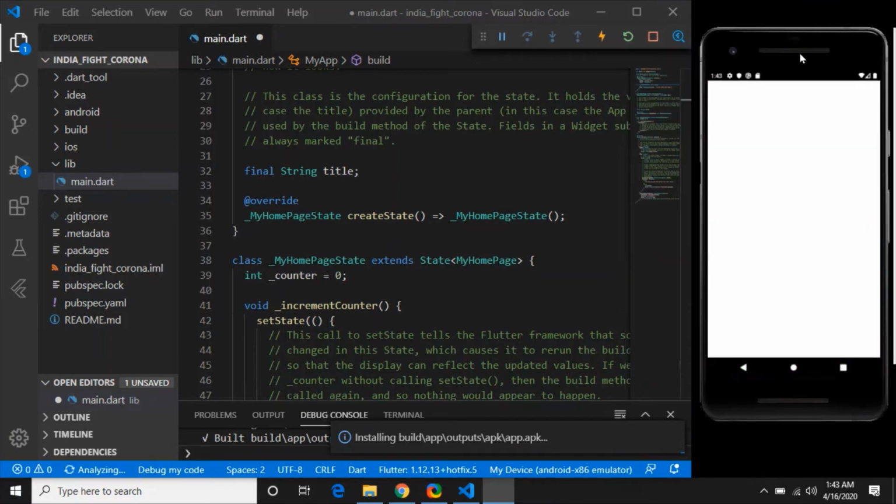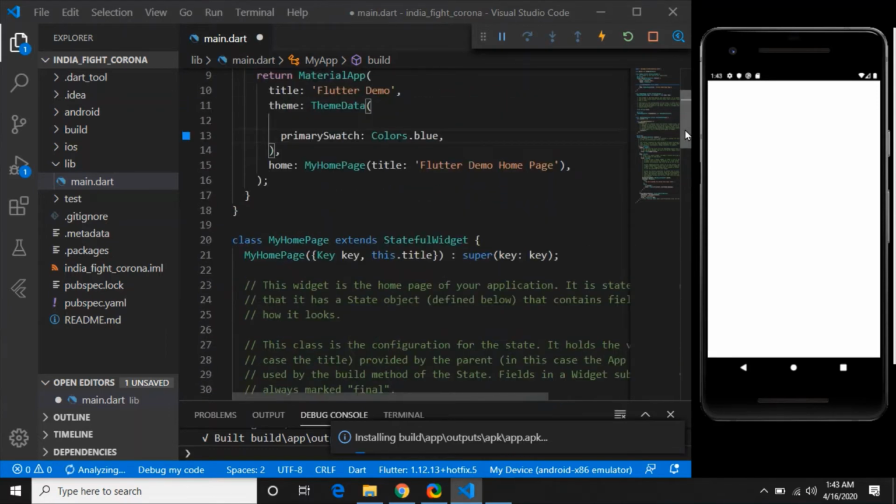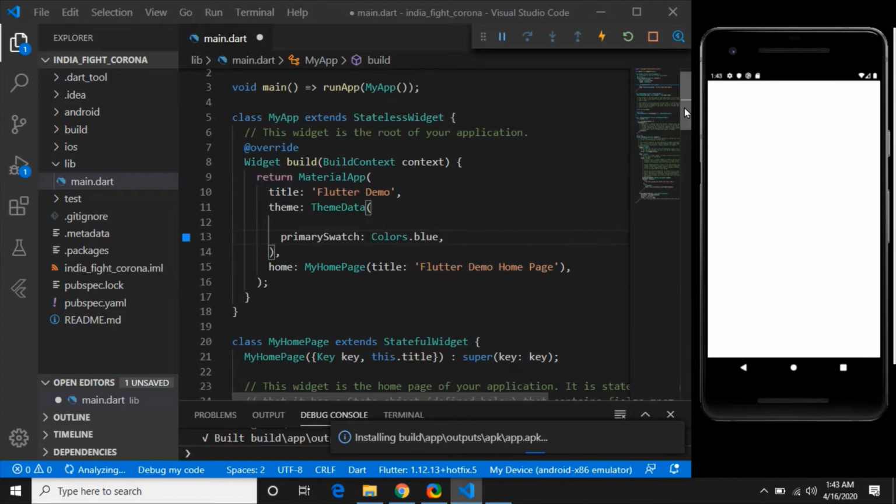So here we go, our app is installing. Once it is installed, I will tell you what to remove from this code, where to start, and what are the basics we are going to start with.